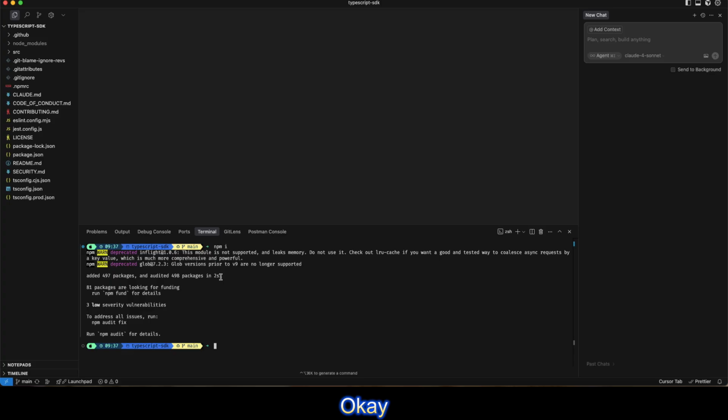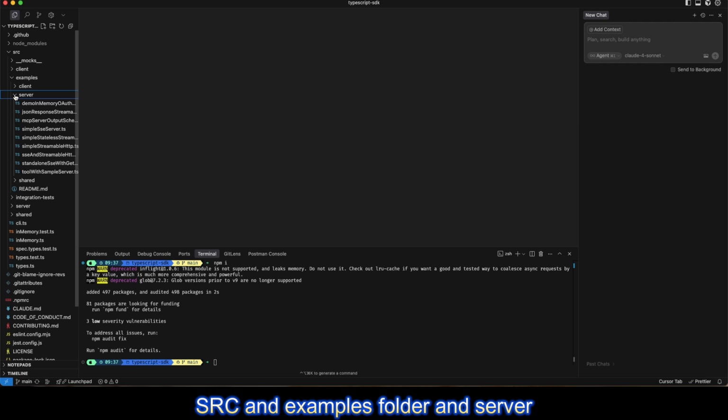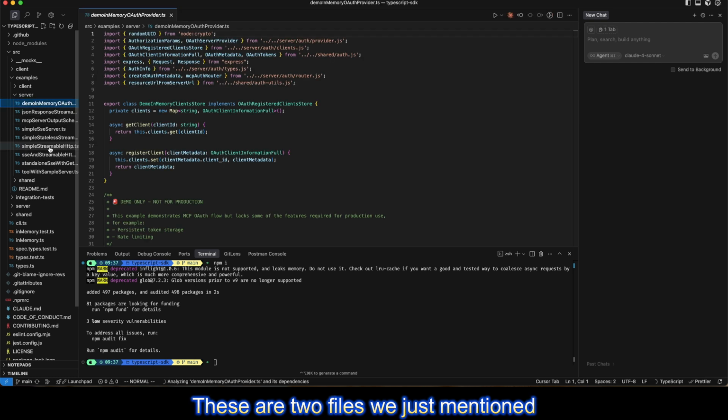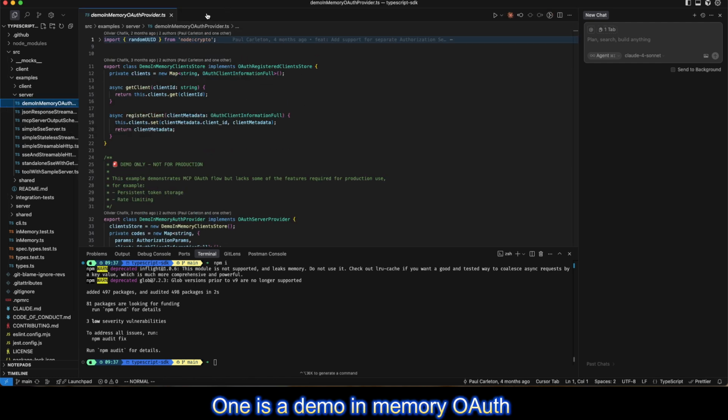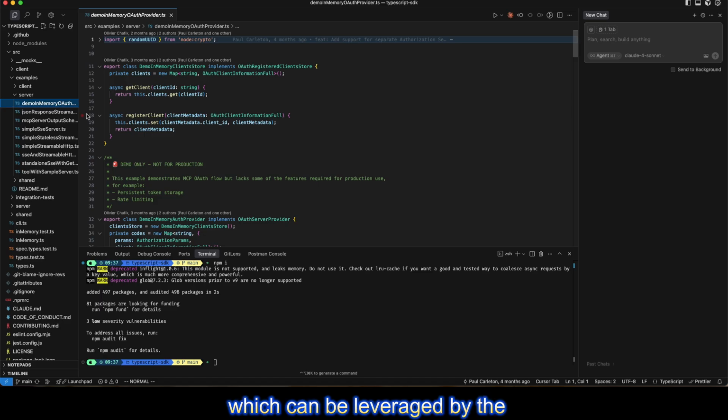Let's do this. Okay, it has been installed. Then let's take a look at the src and examples folder and server. These are the two files we just mentioned. One is a demo in-memory OAuth provider, and this one is going to do all the authorization stuff, right? It's going to start a separate OAuth server,